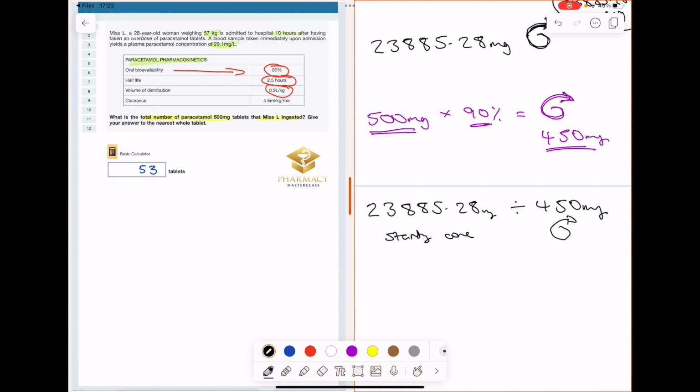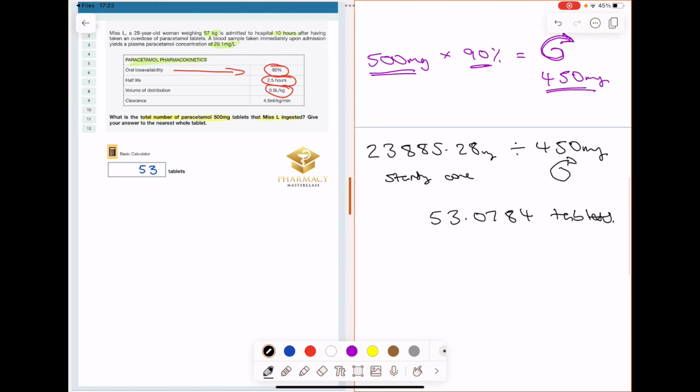So if I do that, 2388.28 divided by 450 gives me an answer of 53.0784 tablets. Now the question says it wants the answer to the nearest tablet. So to the nearest whole number, that would be 53 tablets,